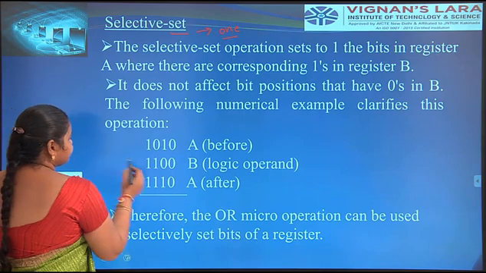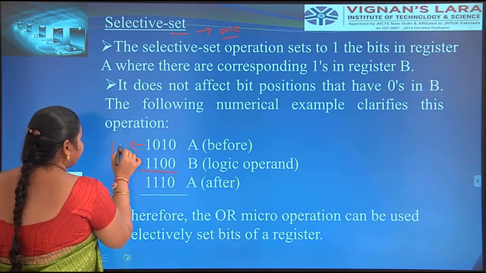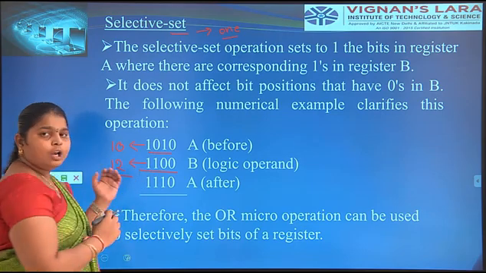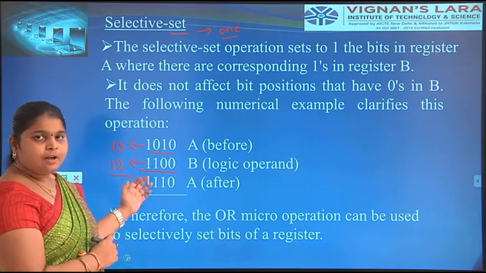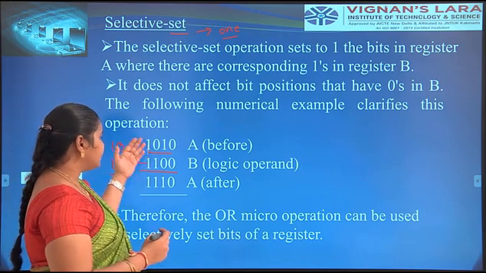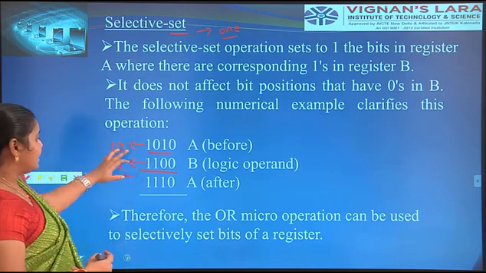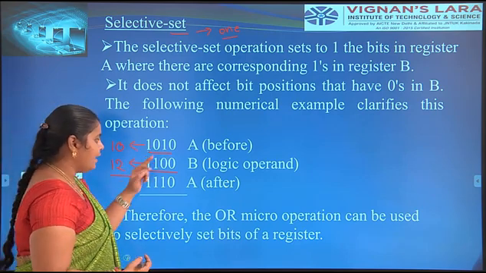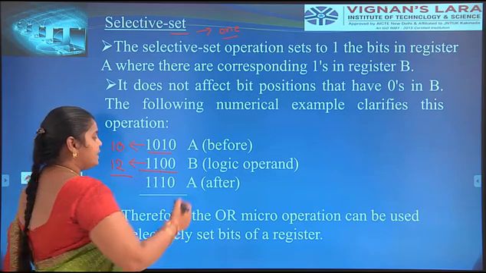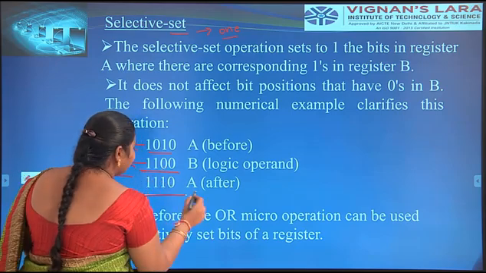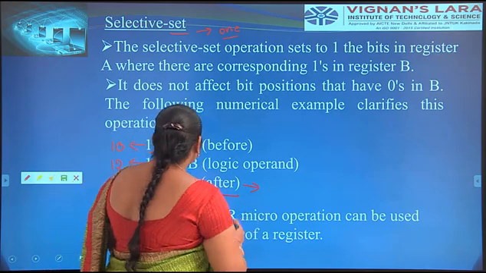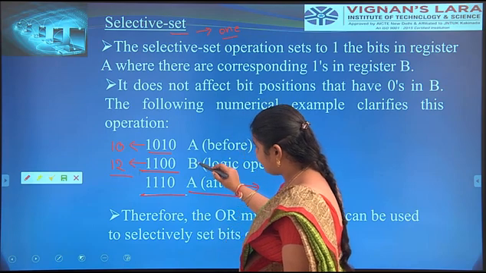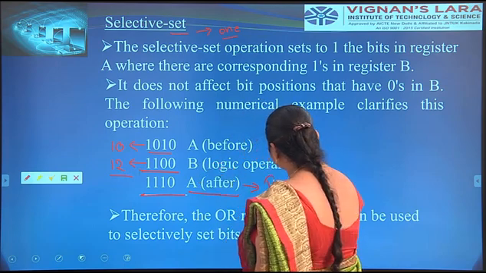We have to take this 10 decimal number, in the form of binary, and this 12 decimal number. In all 6 logical micro operation applications, we have to take this example. This is binary 10 and this is binary 12. Assume that A is 10 and B is 12. After the operation, A is the resultant output.